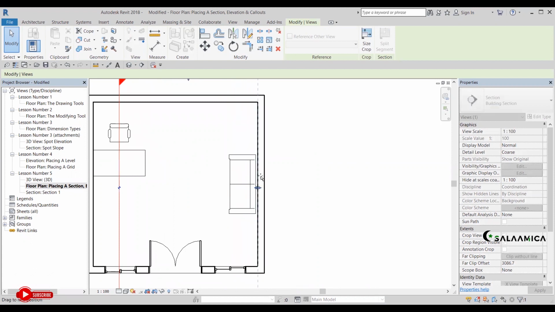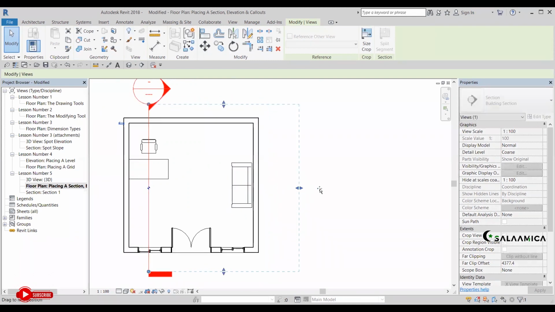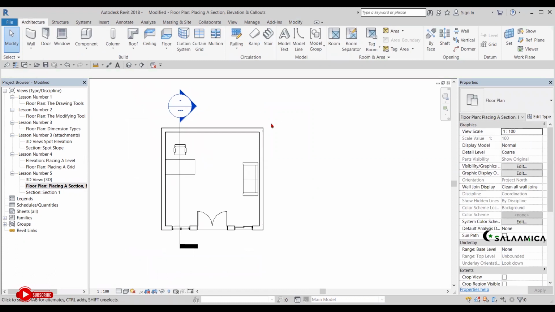So it's up to you how you want to see your section, or how far you can see. This is the far clip offset. The far clip offset can also be edited through here. See, when I move it, watch out for this value. When I move it, it also changes here. So you can adjust it manually or you can type in the value here. Now, before we modify this or open the section, let's press escape